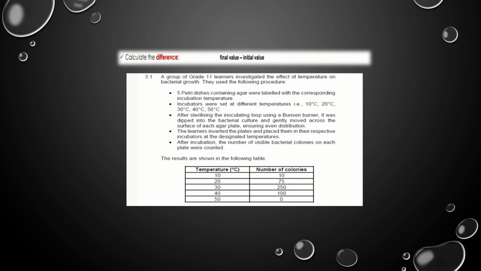Now we're going to start with calculating the difference. Let's say you're given two values and asked to calculate the difference between 10 degrees Celsius and 20 degrees Celsius. You've got two values, which is 10 colonies and 75 colonies. So calculating the difference,